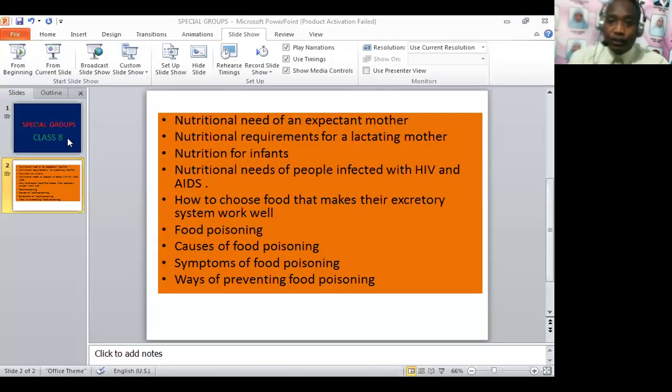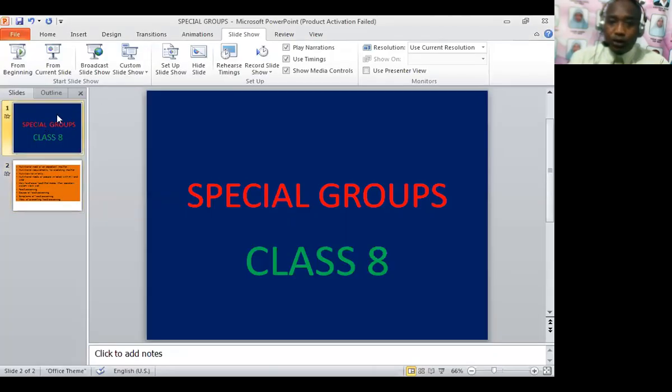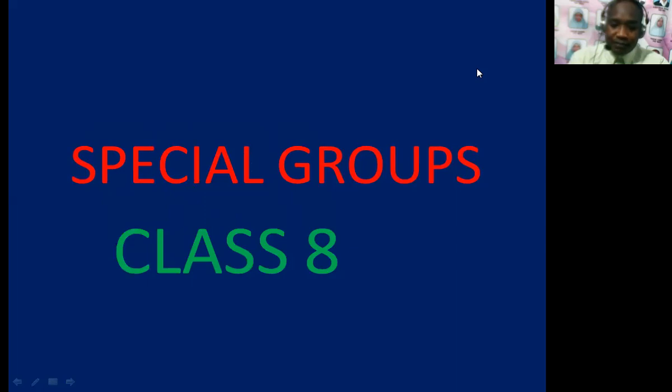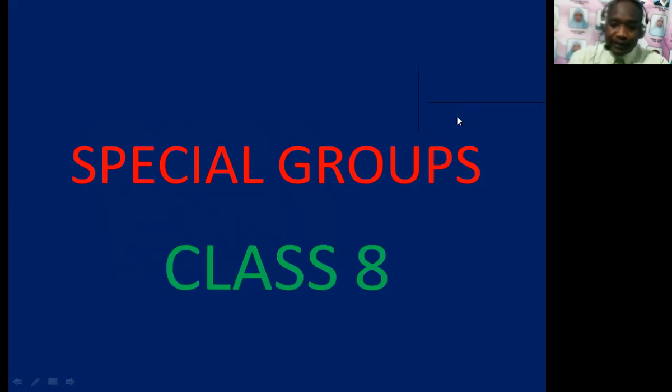Pupils, today we are going to have a look at food and nutrition. Still in food and nutrition, we are going to talk about special groups. Pupils, when we talk about special groups, these are people with special nutritional requirements. Candidates, examples of special groups are